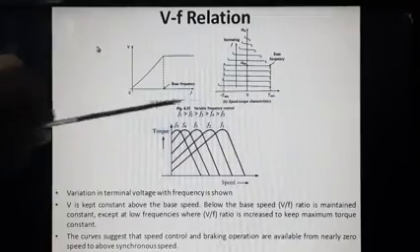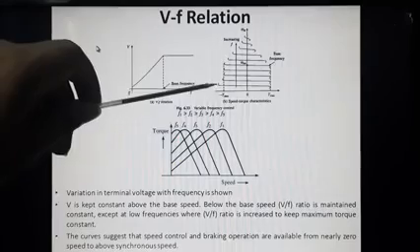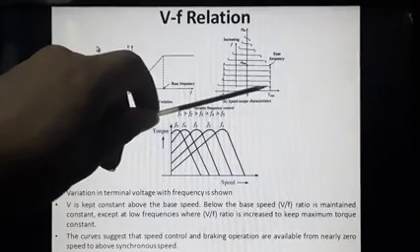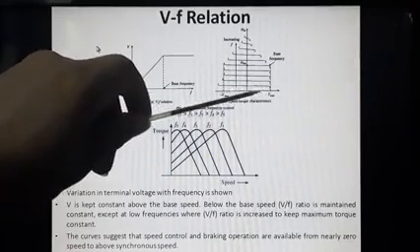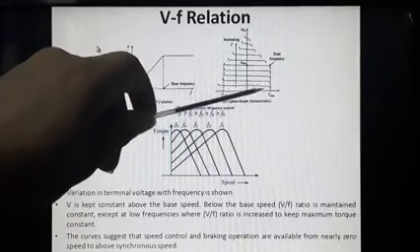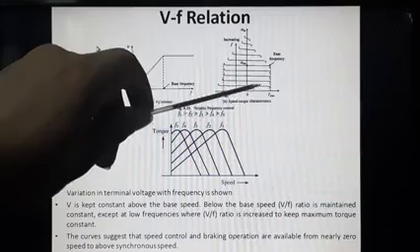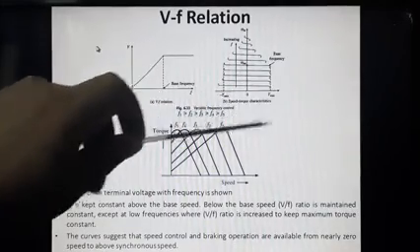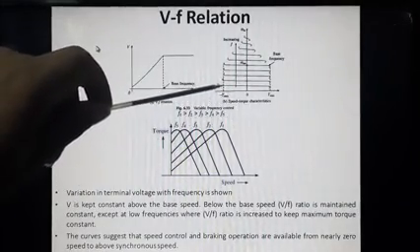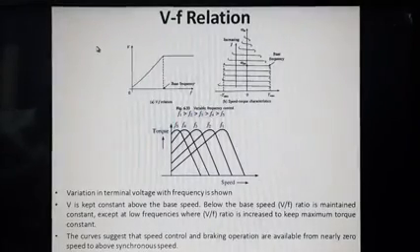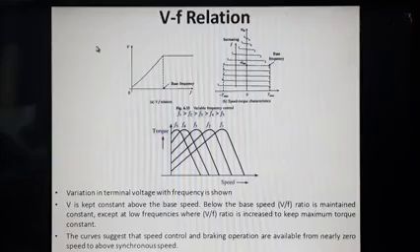Corresponding changes you will be able to see with Tmax. Actually, the Tmax value was somewhere over here, but while increasing the value of V, we will be able to push it to the maximum constant value. So definitely what happens is, in the braking region also, the Tmax value will be getting increased.